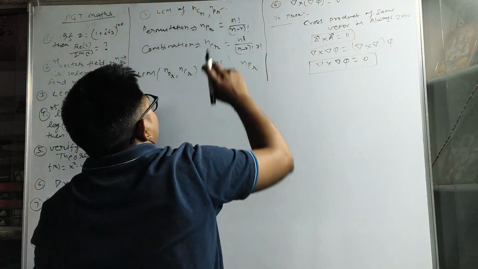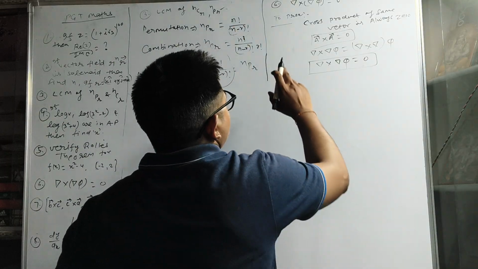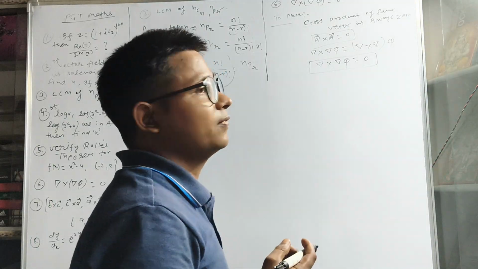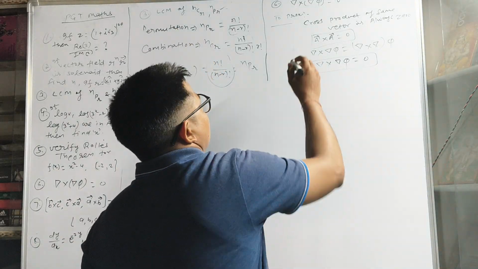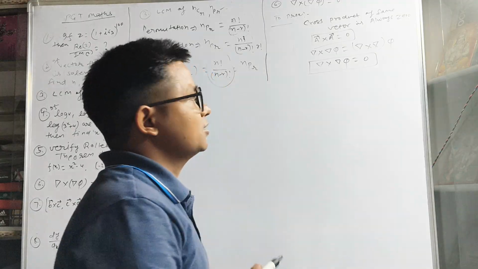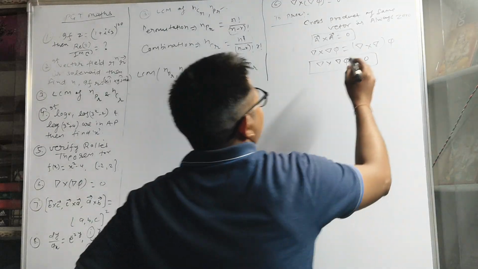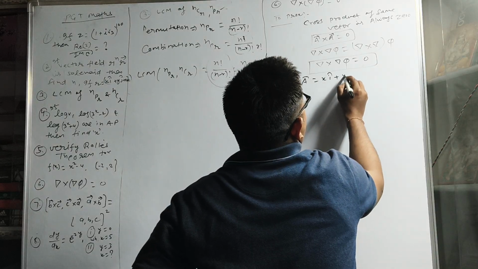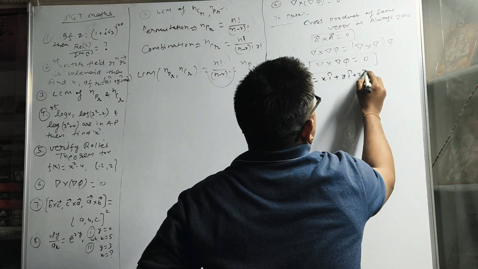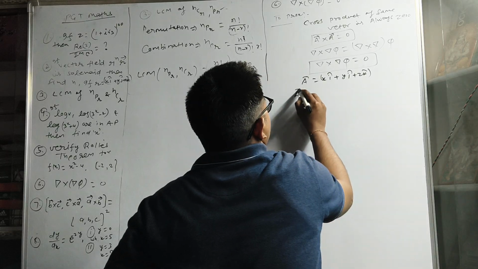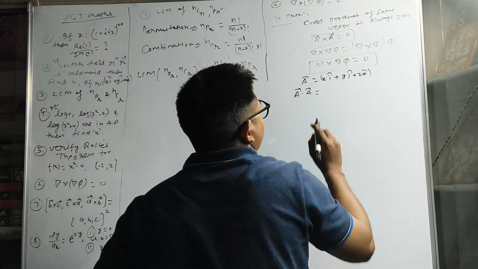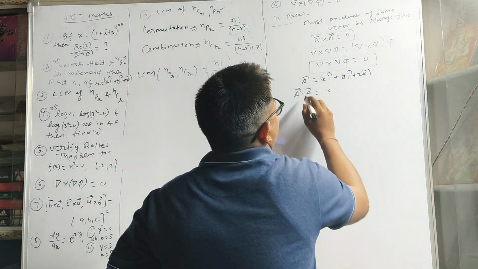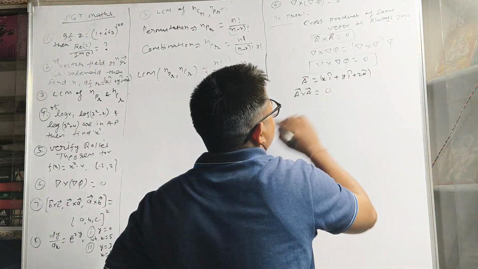which is equal to nPr by this formula. Now if you observe question number 6, we have to prove del cross del phi equal to 0. So we know that the cross product of the same vector is always 0. If we have a vector A, if we assume that vector A is x i cap plus y j cap plus z k cap, and if you take the self cross product of A with A, we'll always get 0.